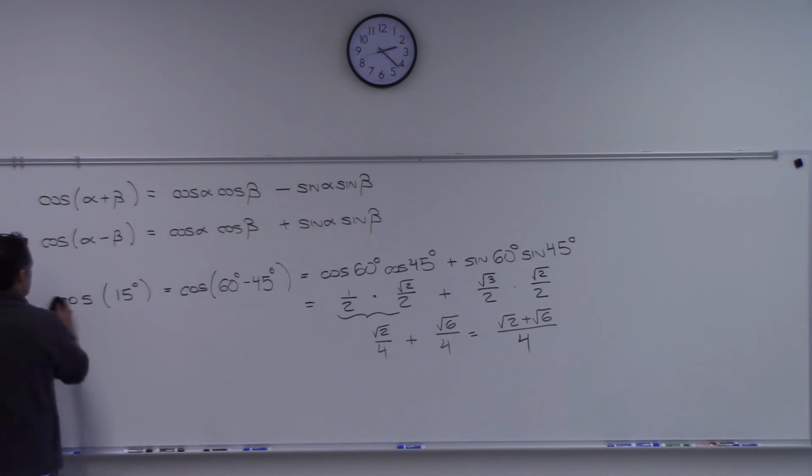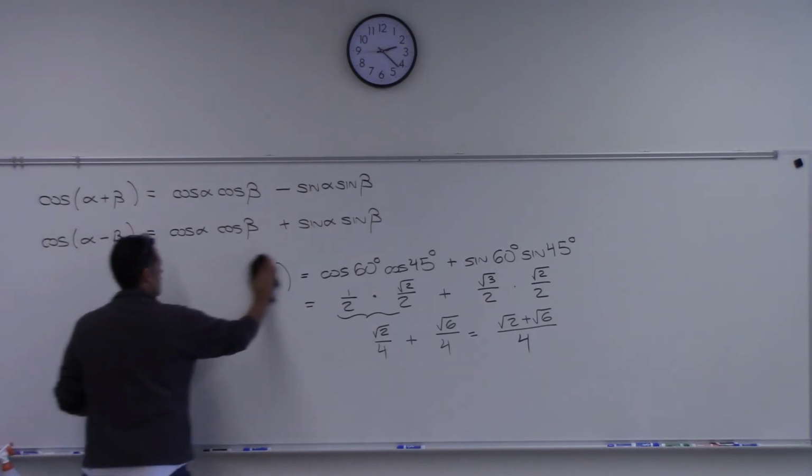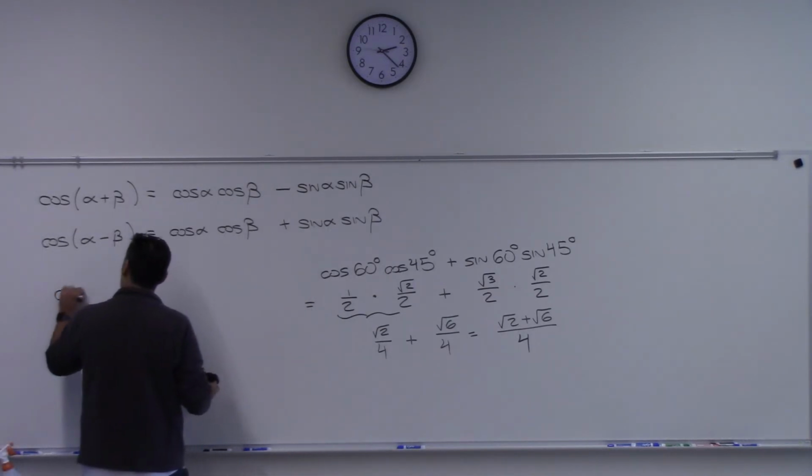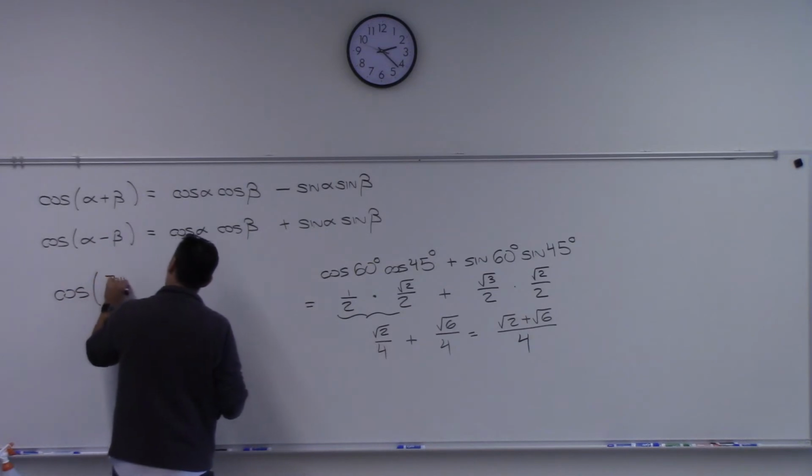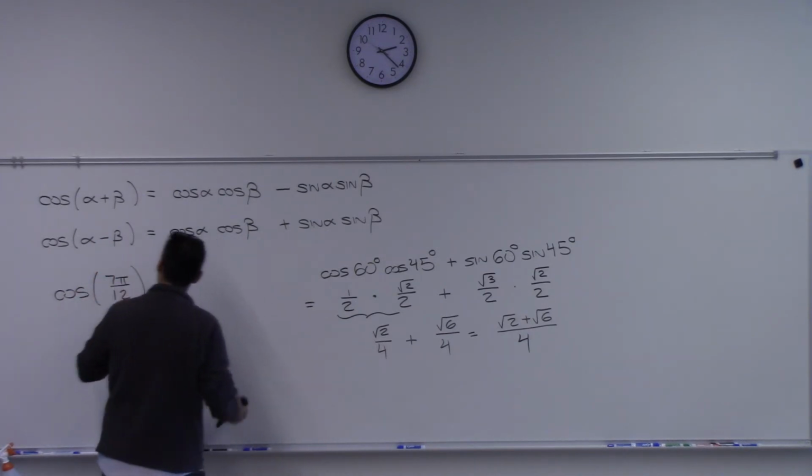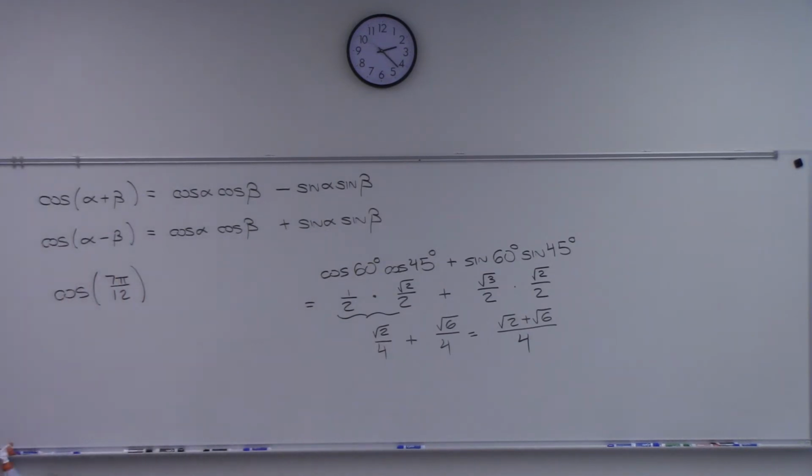One last one. Let's do cosine of 7 pi over 12. When I give you the angle in degrees, most of the time students can figure out what two angles either add up or subtract to be that. Like 15 was 45 minus 30 or 60 minus 45, right? But 7 pi over 12,